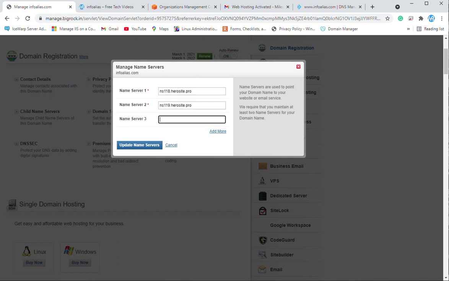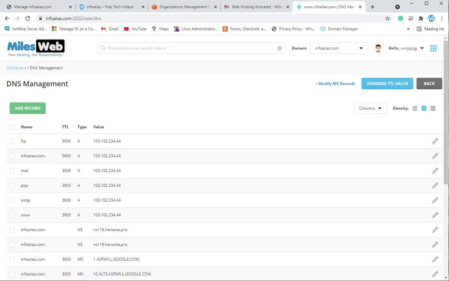This is how a DNS service provider works. They provide name servers, and these name servers need to be configured inside your domain name. Now what we need to do is move all the services configured on MilesWeb for infoalias.com to Route 53 on AWS.